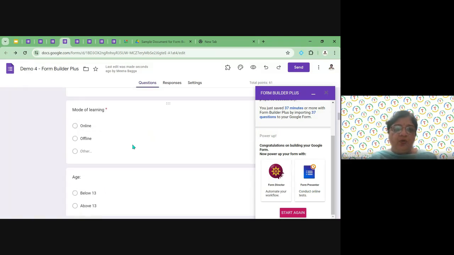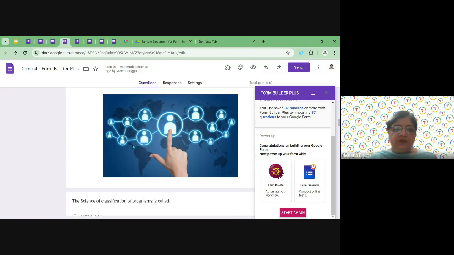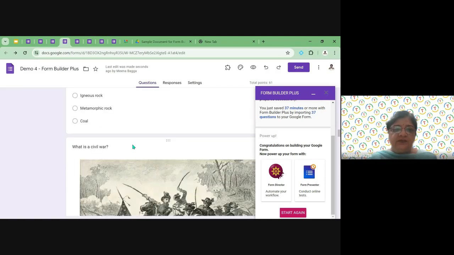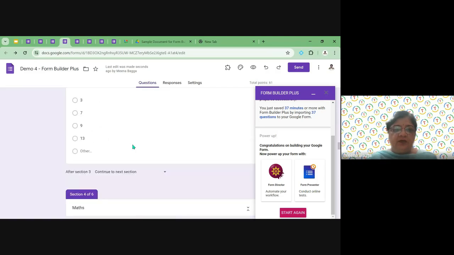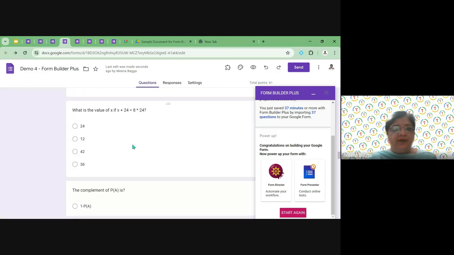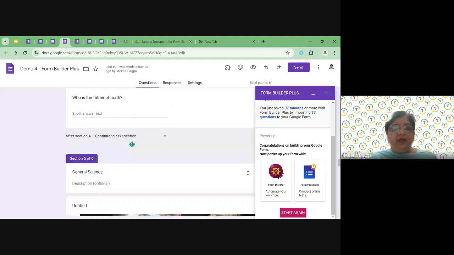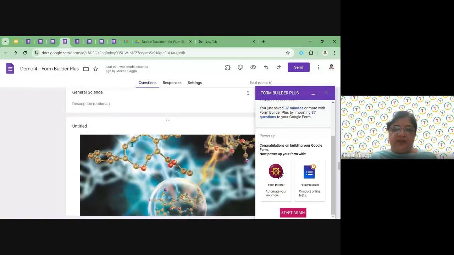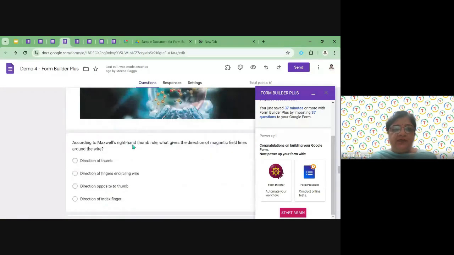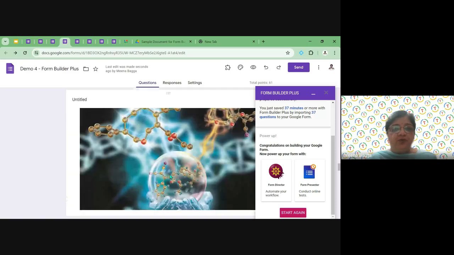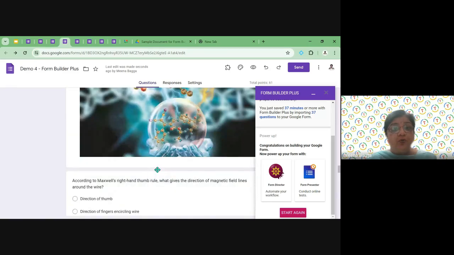Right now, it is social science. You can see science, maths, just like every subject we are checking, assessing. General science, you can see images are also there from the Google Doc itself.